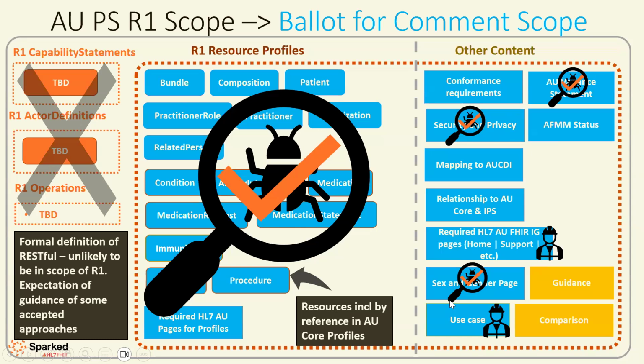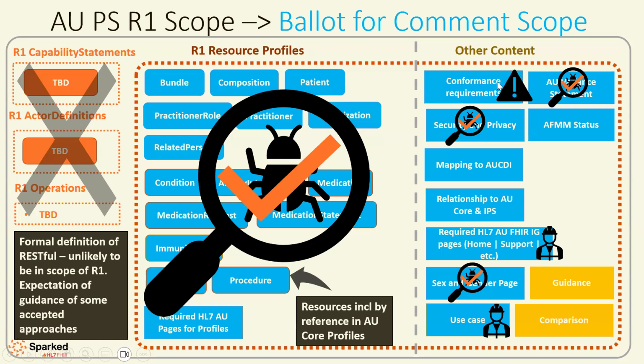What's under construction now? We've been going through the use case decisions. So the use case is under construction. The rest of the required HL7AU pages, like having a home page that's up to date for the FHIR IG, are under construction. I'm not proposing we look at those in detail, probably just before it goes out for ballot for comment. We'll do a quick check through, but that's a bit boring.